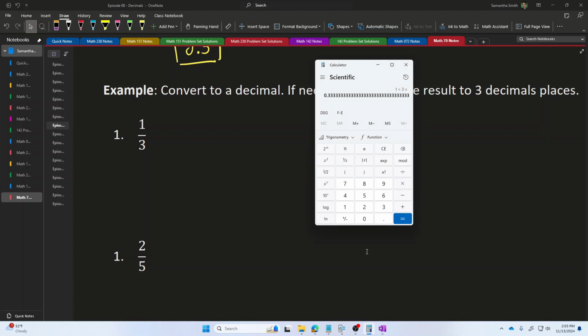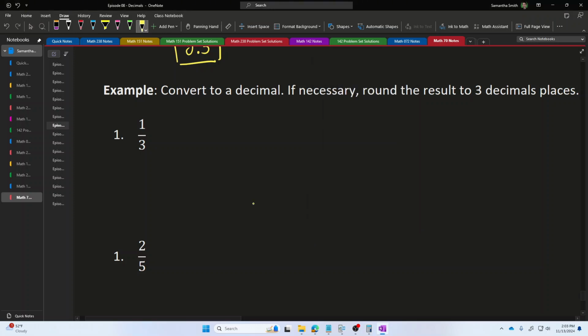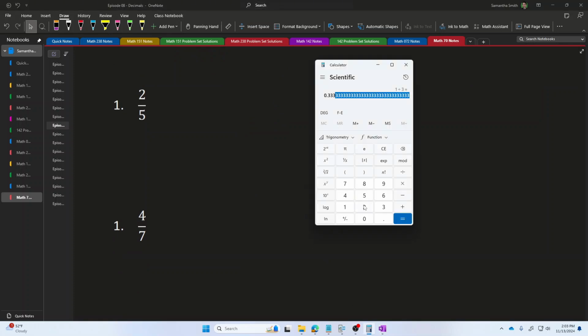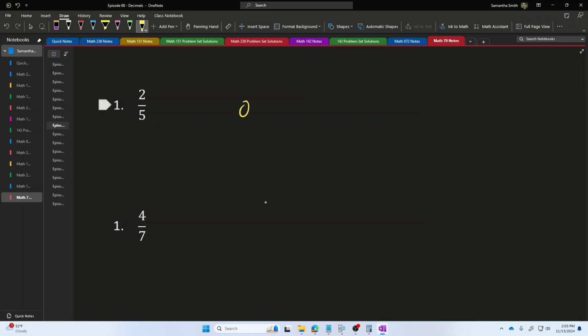So to round this number, I'm going to go into the number and I'm going to identify the 3rd decimal place, and then I'm going to look at the digit directly to the right of that. This digit is pretty small because it's only 3, so I'm just going to delete all of these values to the right of the 3rd decimal place, and I'm going to write my final answer as 0.333. If I wanted to convert 2/5 to a decimal number, I can just do 2 divided by 5. And this is a nice short number already, so all I have to do is write down 0.4.